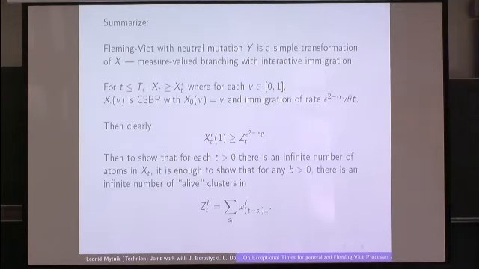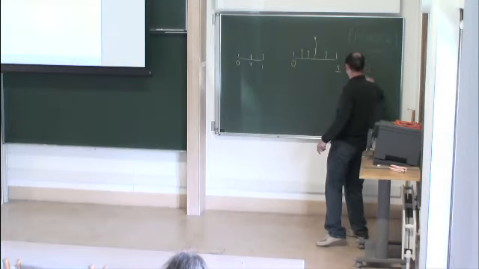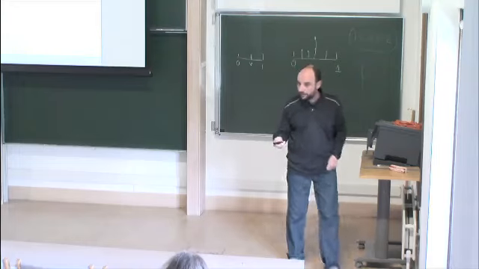So the Fleming-Viot process Y is a simple transformation of process X, which is a branching process with stochastic immigration. This branching process with stochastic immigration can be bounded from below by process Z, which is a continuous state branching process. And this continuous state branching process can be constructed as a sum of excursions, omega I, the excursion, as I said, starting from all of these points. Okay. Now,